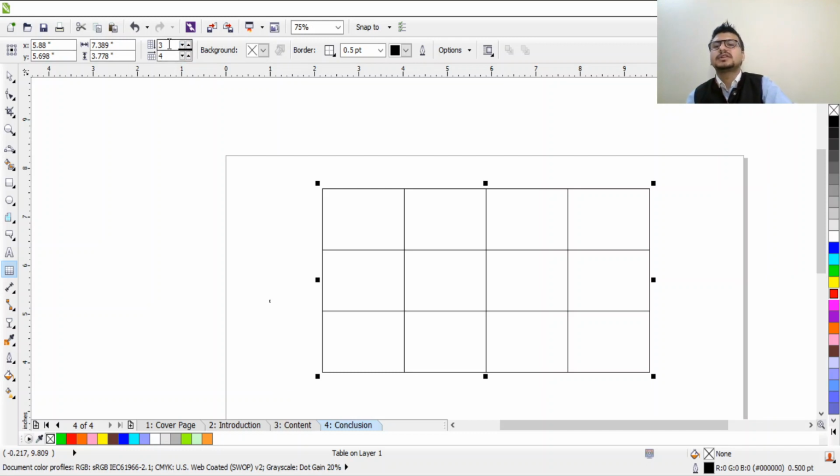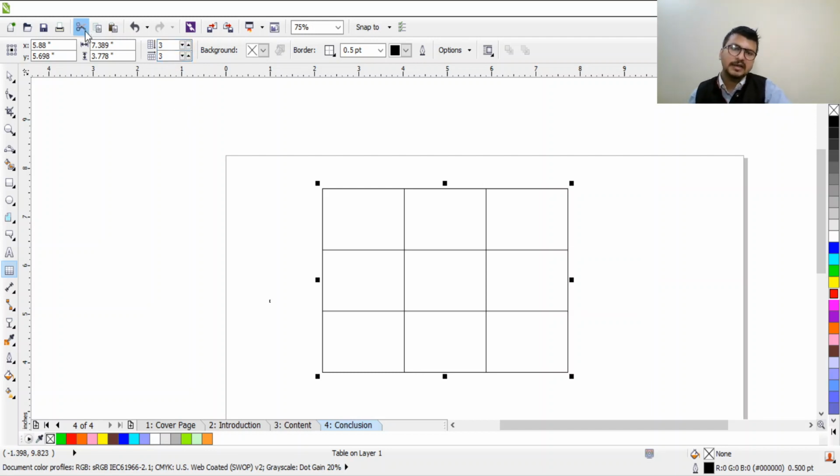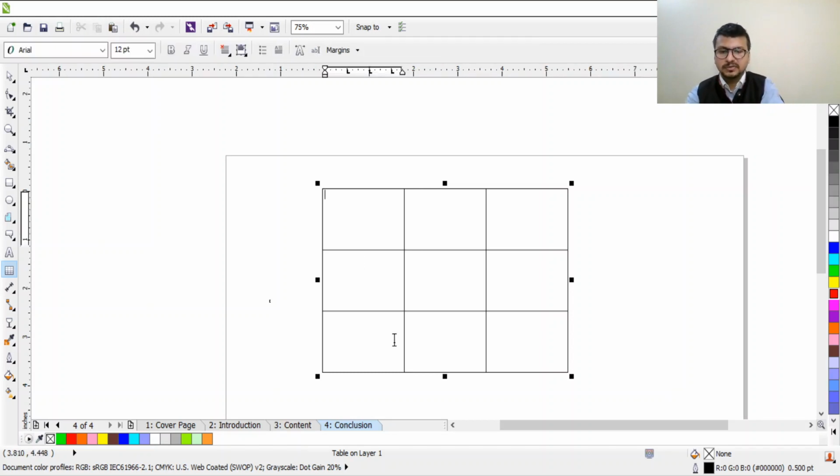These are the rows and columns, we have to set the number. Like I'm planning 3 by 3, so I'll write here 3 and the rows also 3, and I'll press enter. So it will be 3 by 3. You can see 3 rows and 3 columns are there right now. So you can enter the text as per your requirement.